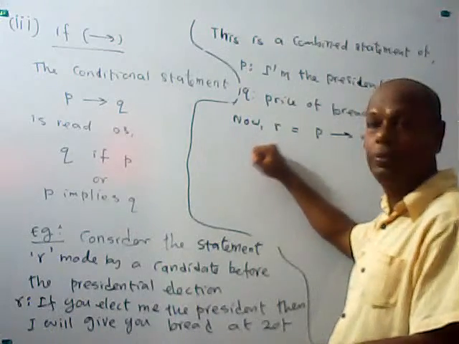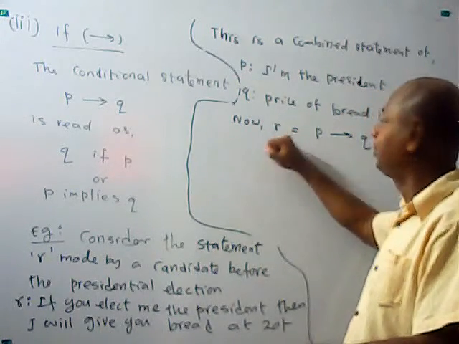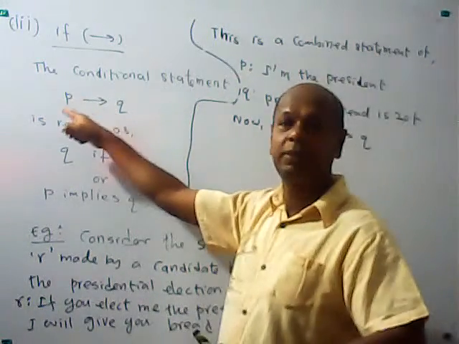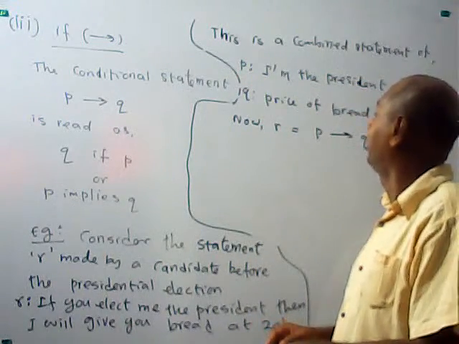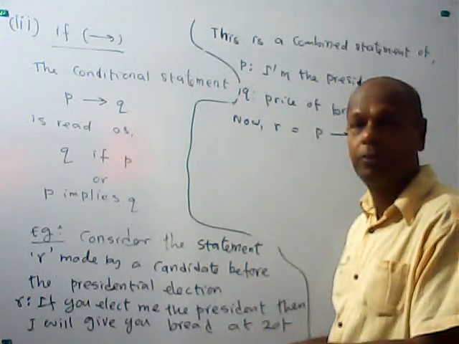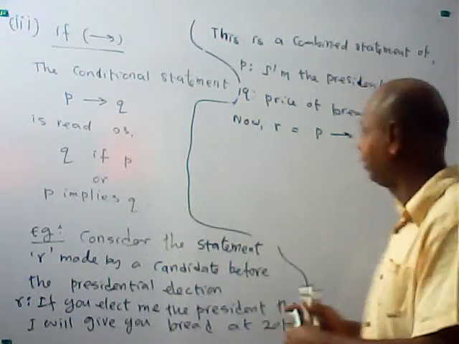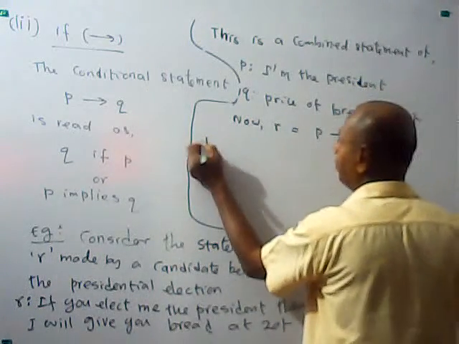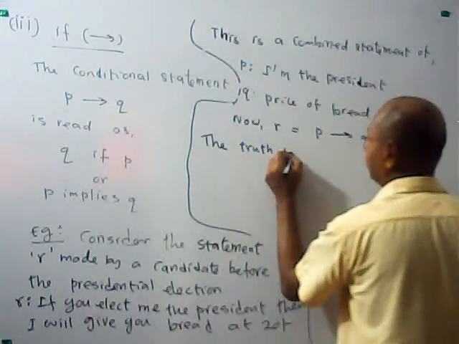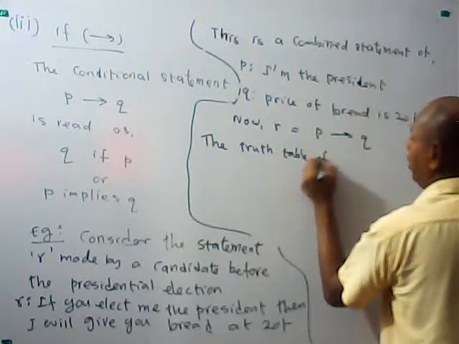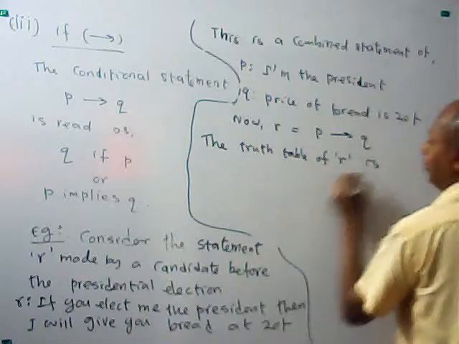Upon that, how do you determine whether this statement R, my statement P implies Q, is true or false, the validity of R? The truth table of R is